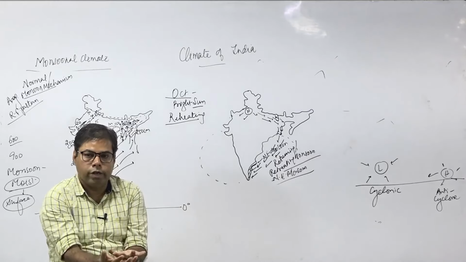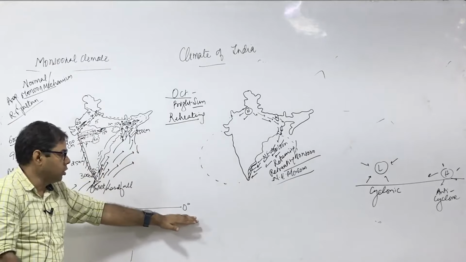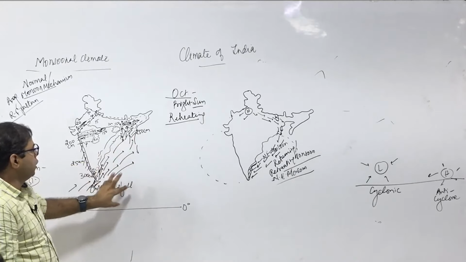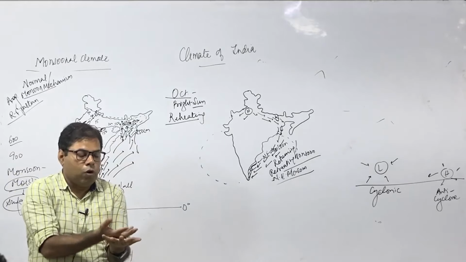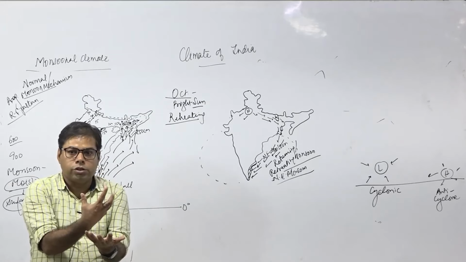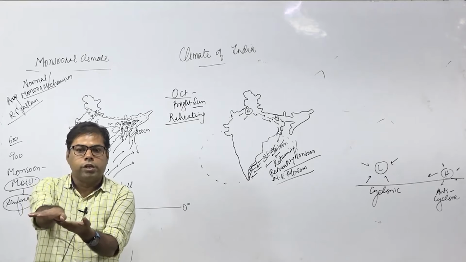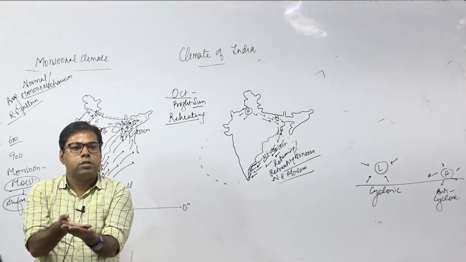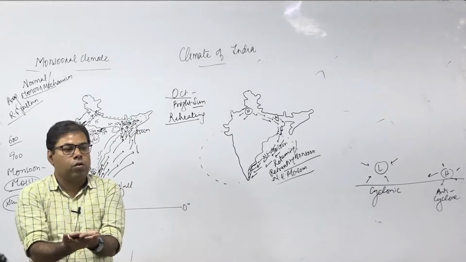The Bay of Bengal is already heated from the month of April. The Sun's position in April is over the equator, then in June over the Tropic of Cancer. By that time there is heating of the Bay of Bengal and the Arabian Sea. Warm wind blowing over the warm sea, what will happen? It will gain moisture, will it not? Because of Coriolis, it is again deflecting to the right and hitting directly the Coromandel coast. So these winds are moisture-laden winds. They precipitate because they have absorbed moisture from the Bay of Bengal.